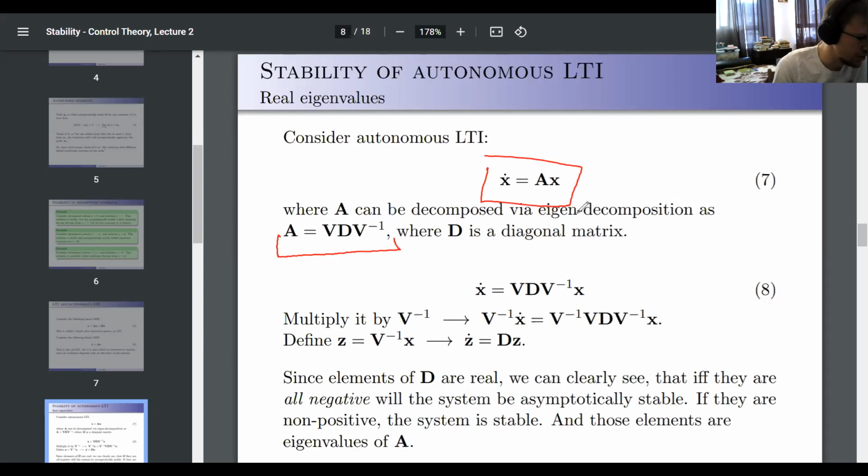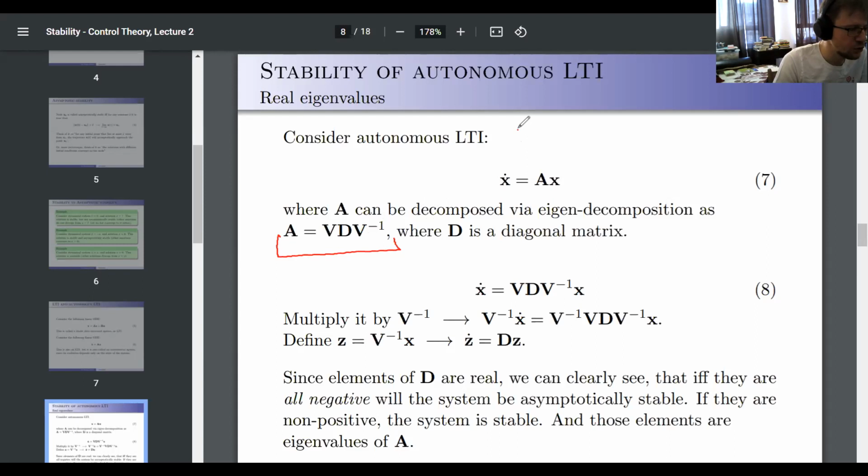What is this decomposition? It is Eigen Decomposition. What does Eigen Decomposition mean? Well, Eigen Decomposition is basically a decomposition where you have two matrices: matrix V of eigenvectors and matrix D, diagonal, of eigenvalues. And this is how it looks. It is possible to achieve this if you have only real eigenvalues.